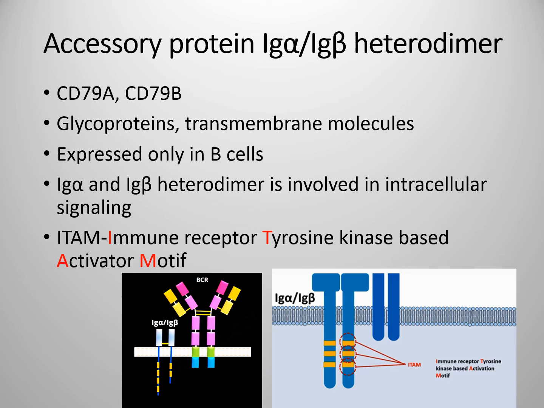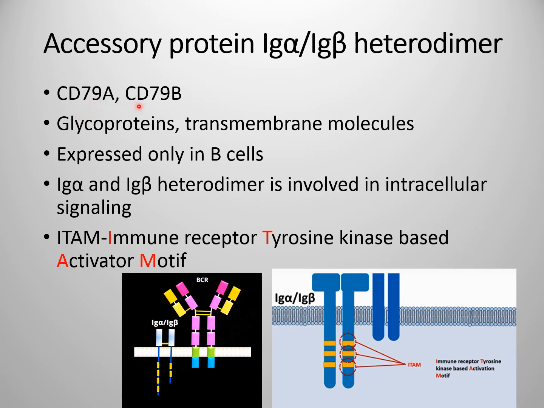As BCRs have a short cytoplasmic domain, they cannot transduce signal to the nucleus for transcription and translation in response to antigen binding. Therefore, they require the help of accessory proteins. One of those accessory proteins is the immunoglobulin alpha and beta heterodimer. This heterodimer is also called